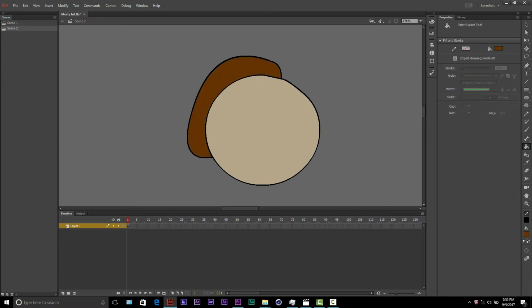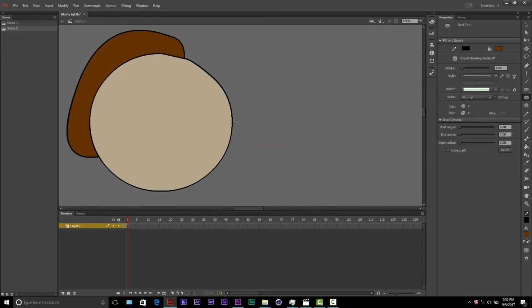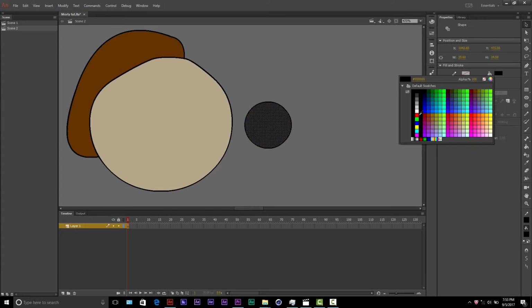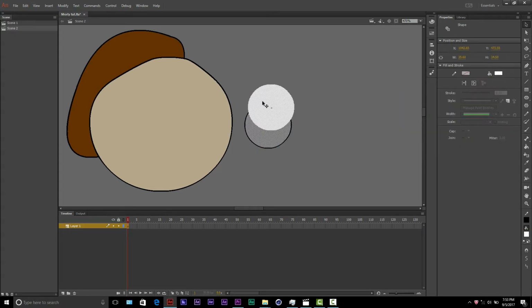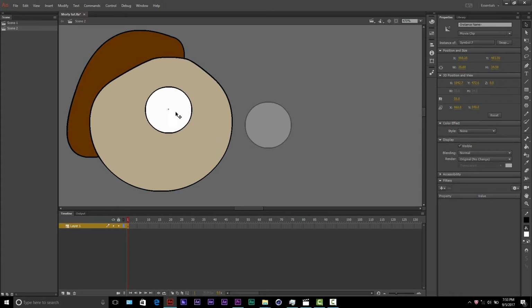Now let's change Morty's hair to brown. Now let's make Morty's eyes. So let's just make a white circle. It doesn't have to be anything special about it, but leave the black outline on it and convert it to a symbol. Then duplicate that circle